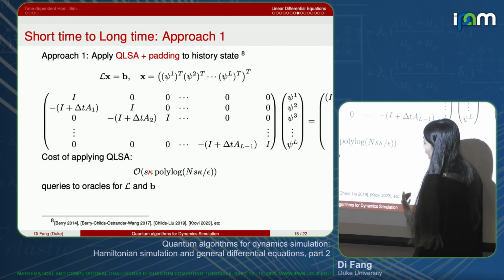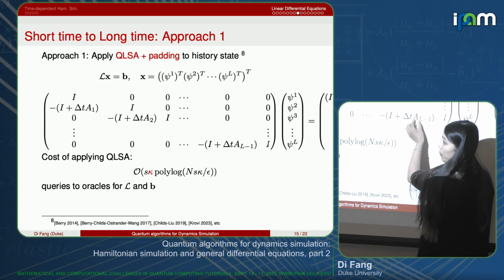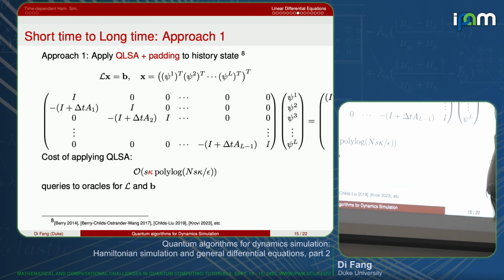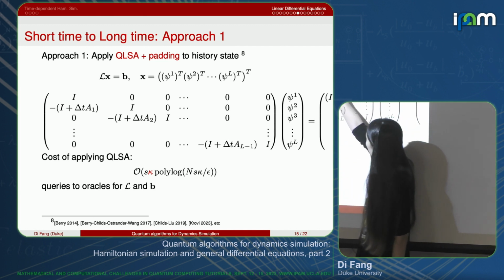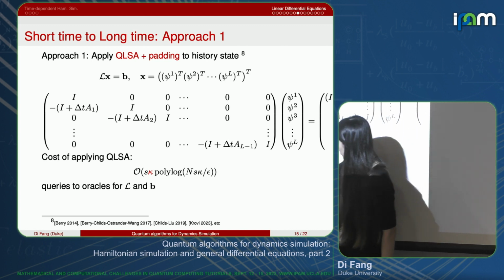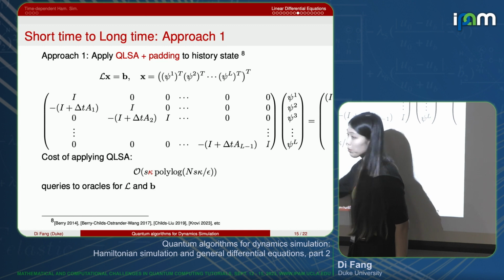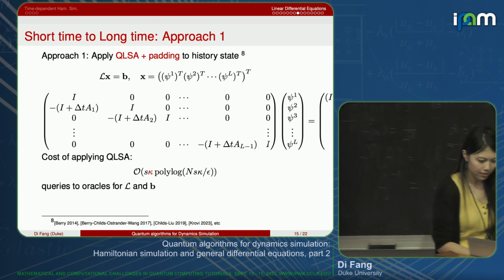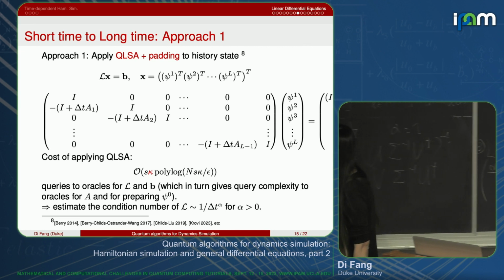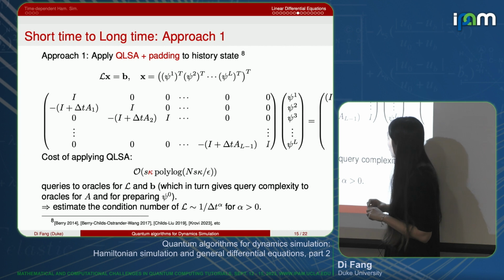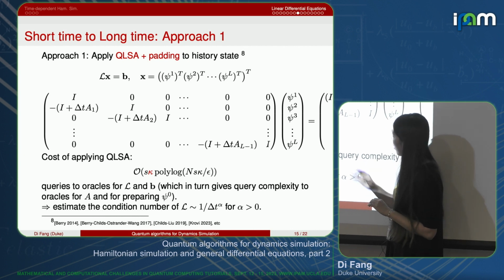Certainly, you need to discuss, given, say, an input model of small a, how to create this large matrix, and also B, which is the right-hand side. You need to discuss, given the initial conditions, how to create the right-hand side. This takes many queries to both of these oracles, and then you need to be precise. And now the leftover is really to estimate the condition number. It's typically in nearly all of these different